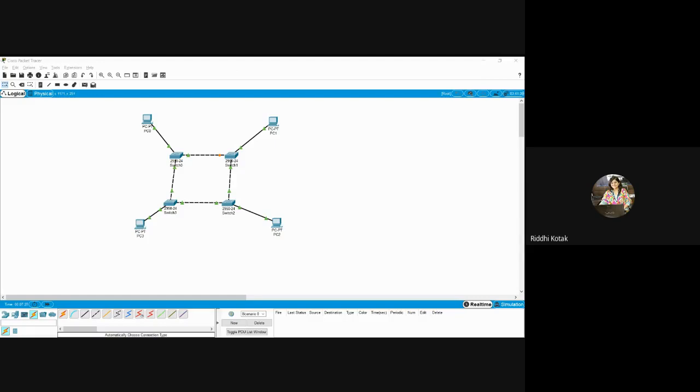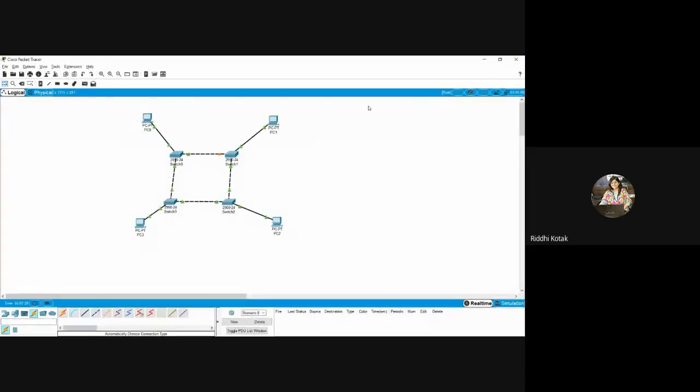Okay. Now we need to provide the IP address, right? Till now we have learned these things, but now we will start the actual functionalities of configuration. So for that we need to provide the IP address, and then we can send and receive the data. So first you just take this label note. Now click over here. So we can use class C IP address. So we will use 192.168. You can take any range over here. Let's take 0.1. Then for this PC we will assign